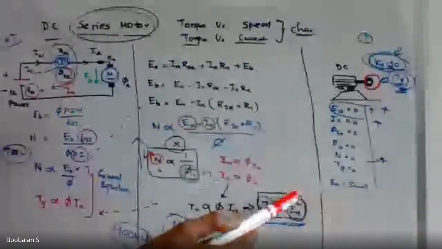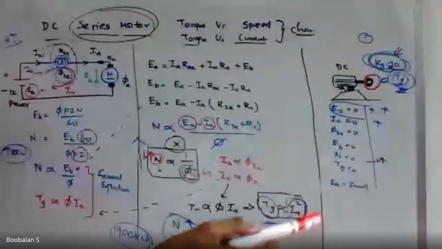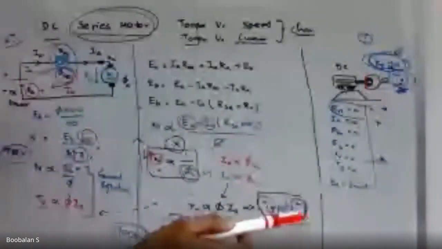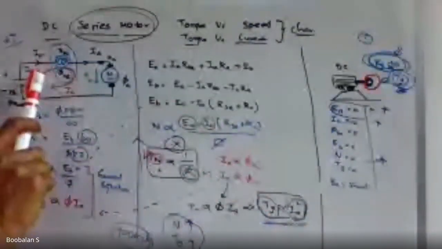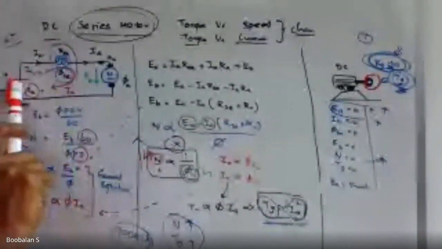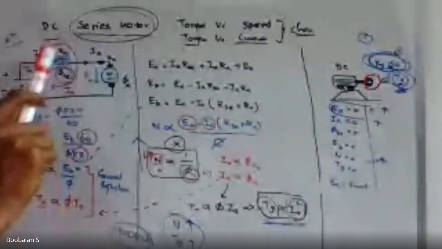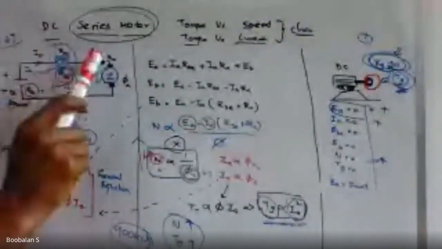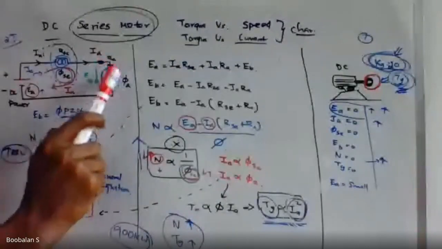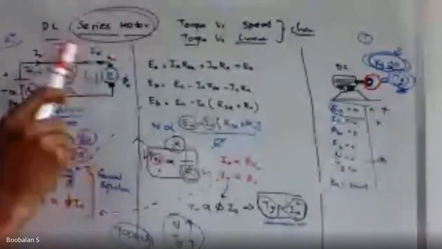Initially the motor is going to consume much more current, that is, much more electricity. So initially it is going to generate that much torque. For that purpose, initially the current flowing in this circuit is very high. So if the current is very high, the flux lines also flow in this circuit. This is called my armature, and here I have connected the load. So in this circuit, in series, I have my coil.